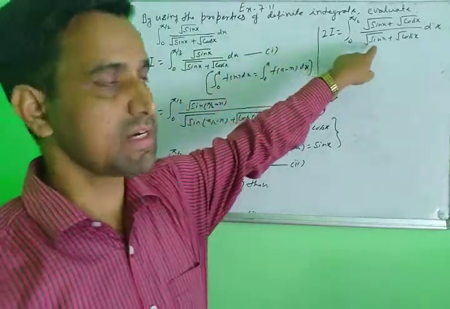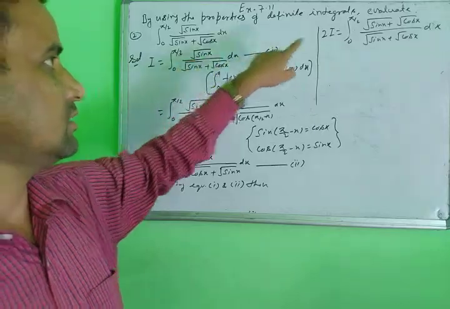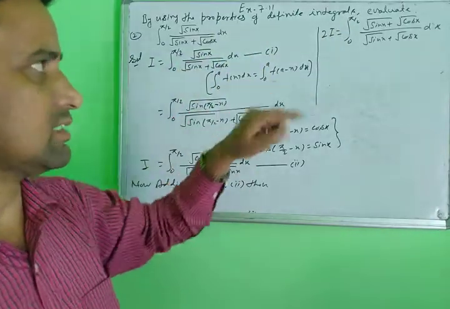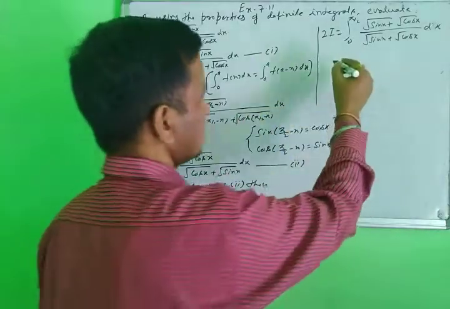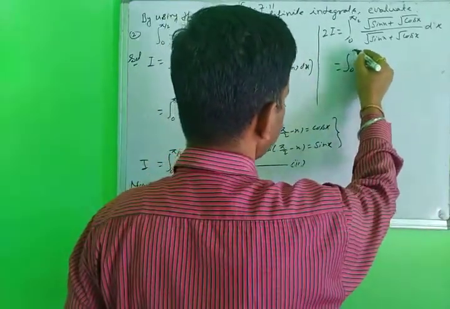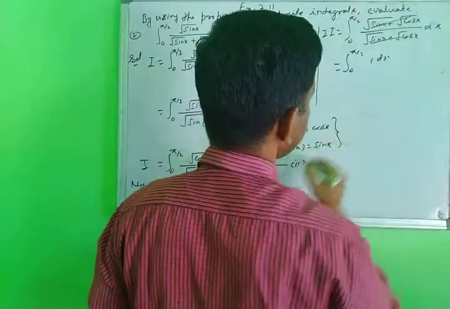Then you will write it one time. This is the LCM. And what is the numerator of this? Root sin x plus root cos x. That means the LCM is of this form, then you write this form, and then we cancel here. So 0 to pi by 2 of 1 dx. When you cancel it, then 1 dx.